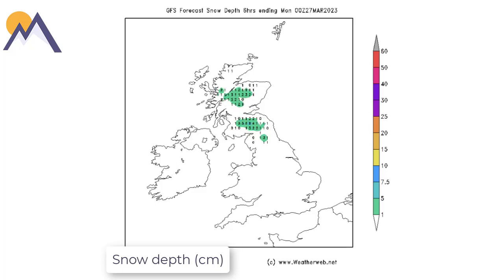Either way, we do stay cold, and any snow that's around on the mountains will stay in position for the start of the new week. Watching then for some fresh snow around Tuesday over the Highlands as a front comes in. That may give some fresh coverage for a while before that turns back to rain and then starts to thaw